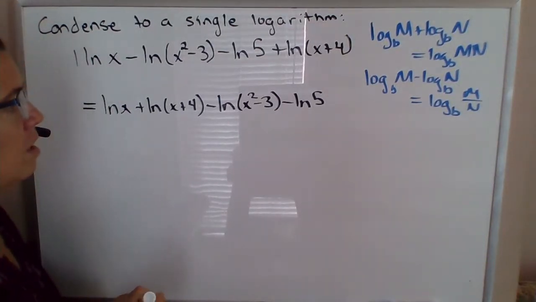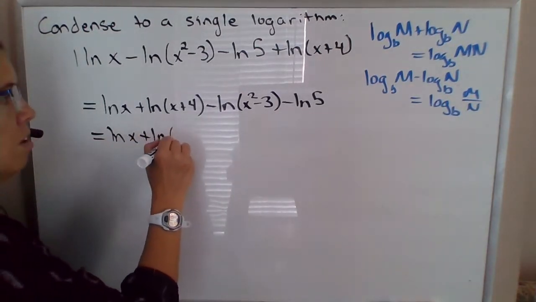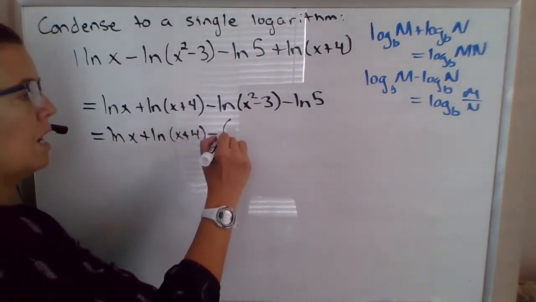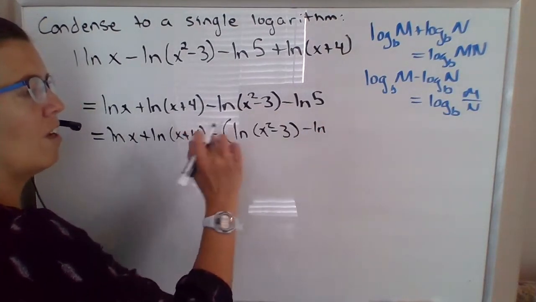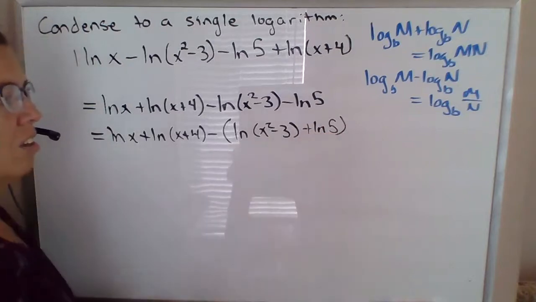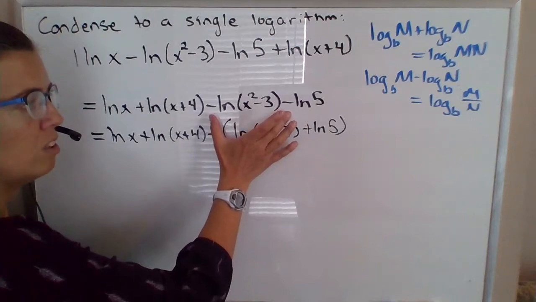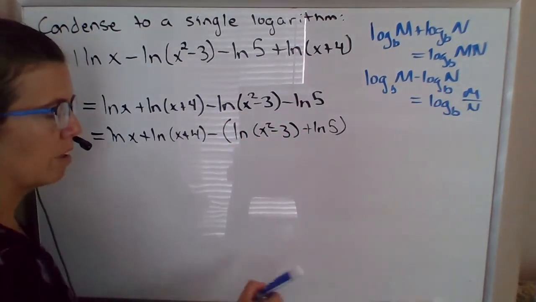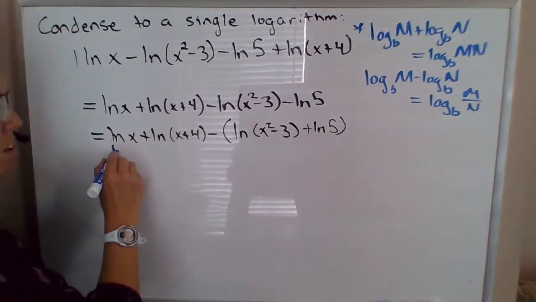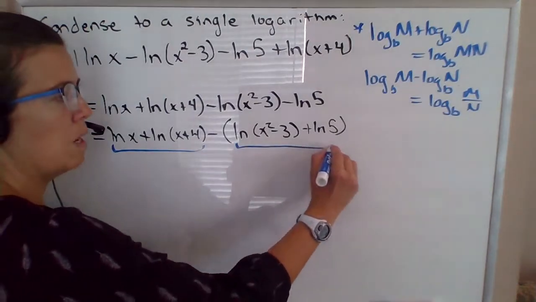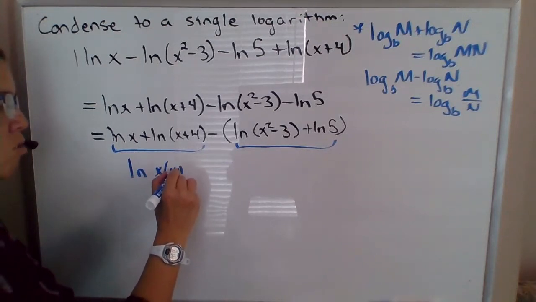Now, suppose we factor out the negative. So this is natural log of x plus natural log of x plus 4 minus natural log of x squared minus 3, minus, I factored out the negative, so this will now be plus natural log of 5. So I'm saying move the terms with the negative coefficient to the back and then factor out the negative. Because what you can do now is apply this property of logarithms to combine these guys and to combine these guys. So this becomes natural log of x times x plus 4